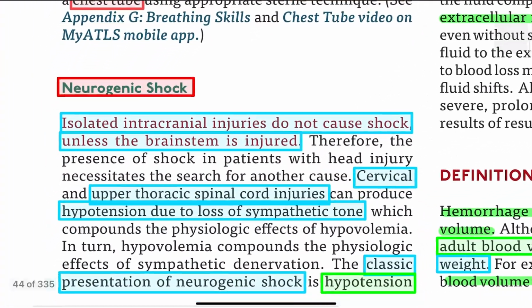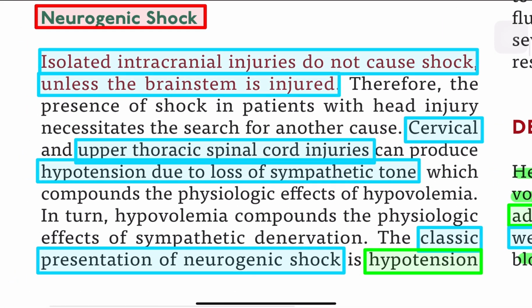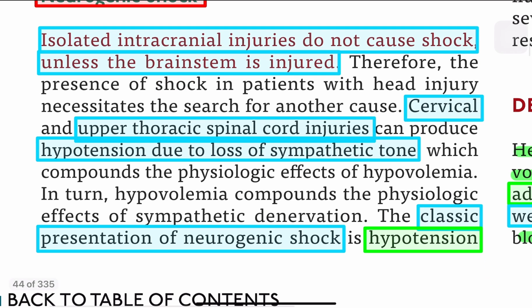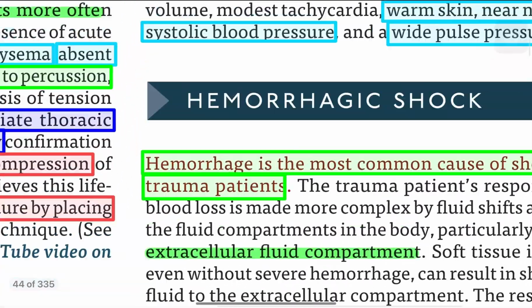In neurogenic shock, isolated intracranial injury does not cause shock unless the brain stem is involved. If a head injury patient has shock, it is mainly due to brain stem involvement. Cervical and upper thoracic spinal cord injury lead to hypotension because of loss of sympathetic tone. The classical presentation of neurogenic shock is hypotension